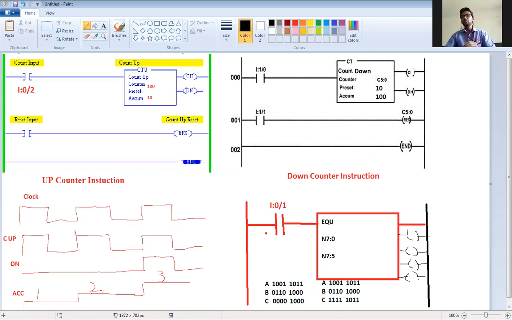Whatever output you want, you can choose from these outputs. So that is your compare instruction or the equate instruction. Compare and equate, both instructions are the same.